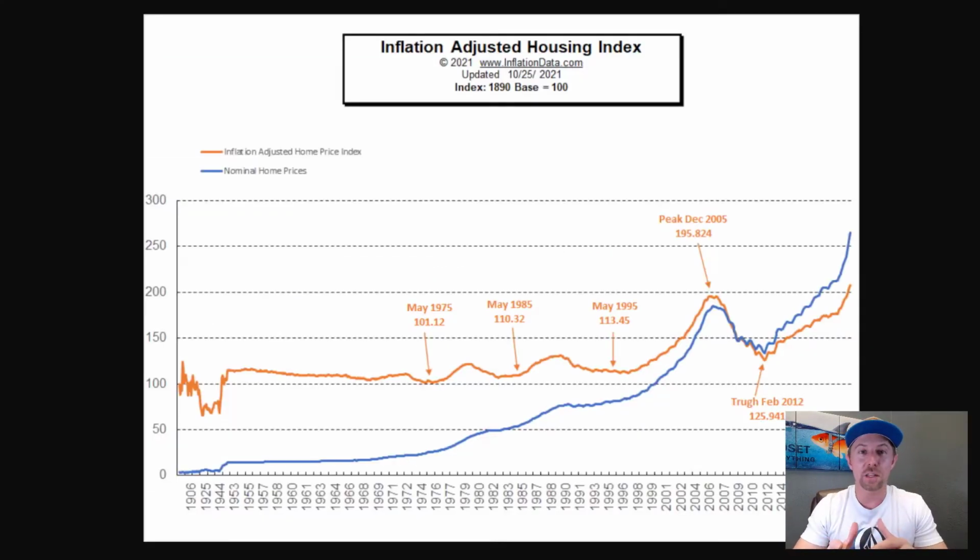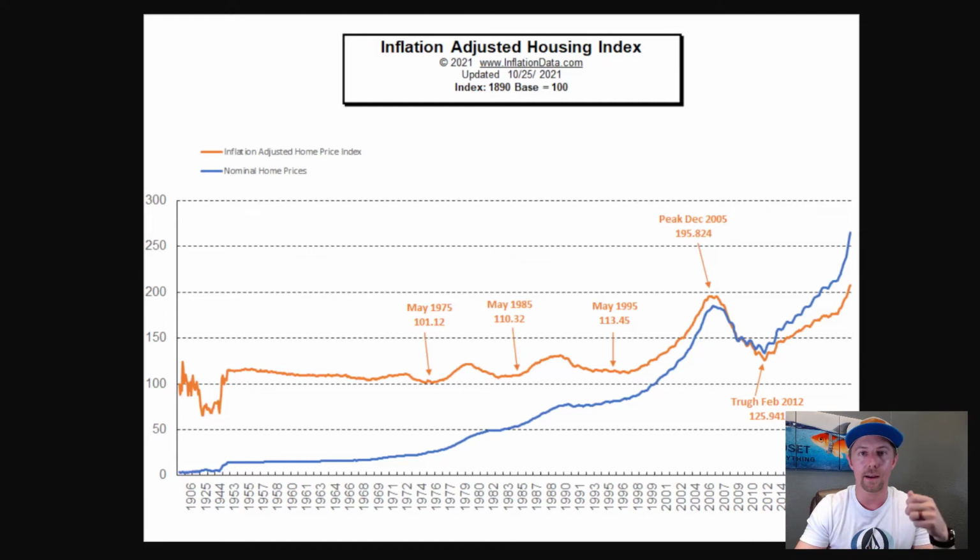All right, and the last chart that I want to show you is home prices that are adjusted for inflation. I think this is really cool and really important to pay attention to. So the blue line represents home prices in nominal terms, and you can see decade after decade they have gone up, and they peaked out in 2005. They crashed into 2012, and then they peaked up again here in 2021, and even higher in 2022. We might finally be at a point where they're starting to level off a little bit. But you can see that there has been steady growth decade after decade of home prices, at least in nominal terms, increasing. Nominal means in price alone.